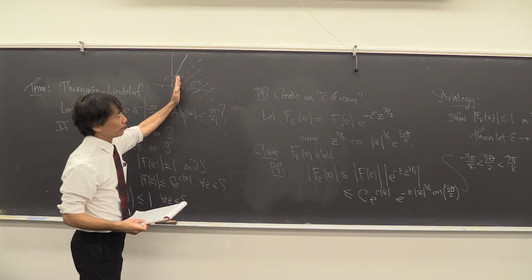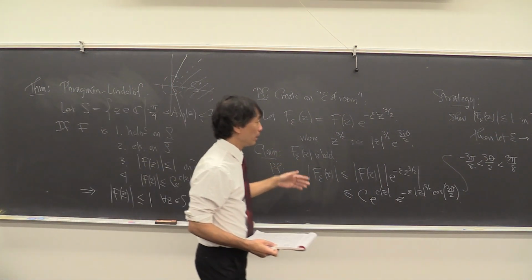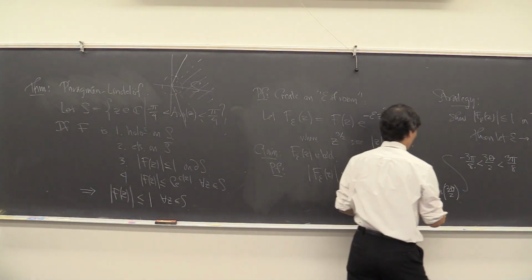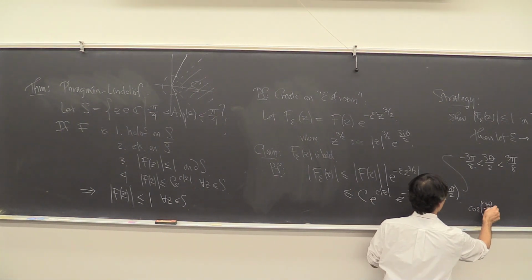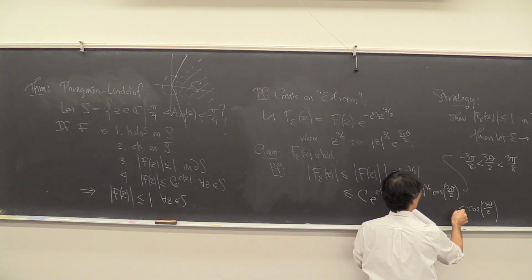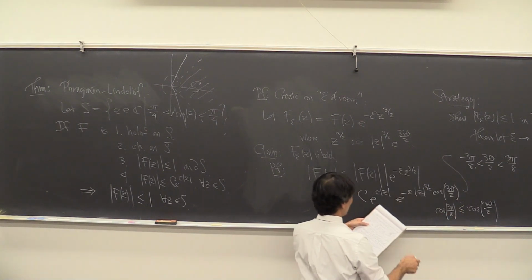is always bigger than the cosine of 3 pi over 8, right? So you have a lower bound of that. Right? So this sine of 3 pi over 2 is bigger than or equal to cosine 3 pi over 8, right? And so